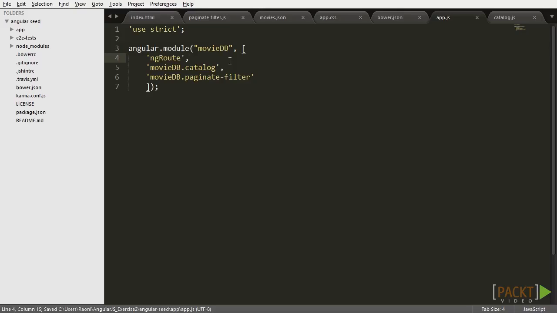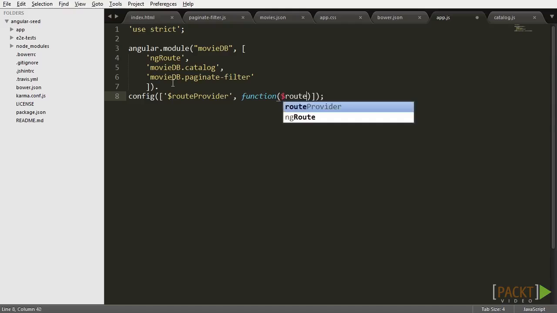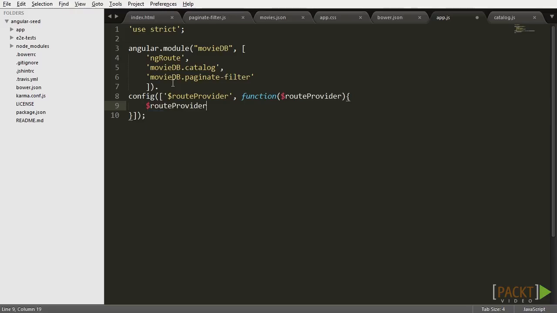Now that we have included the module, it's time to configure our first route. Let's use the config method to add a configuration function. And let's pass as a parameter to that function the $routeProvider object. The route provider is what you use to configure the routes of your application. So let's use it to define our first location. Add $routeProvider.when('/',